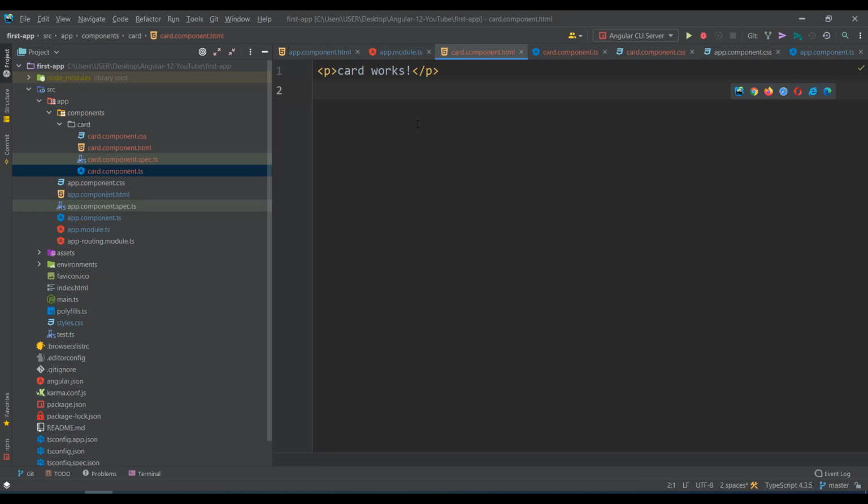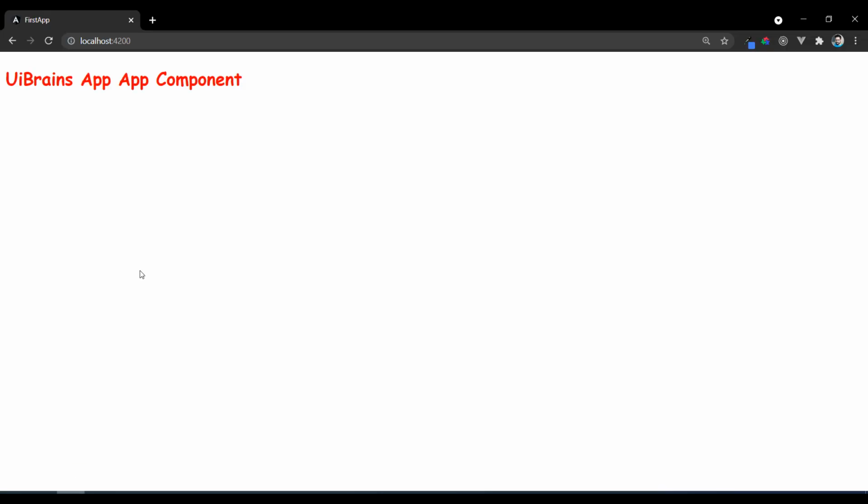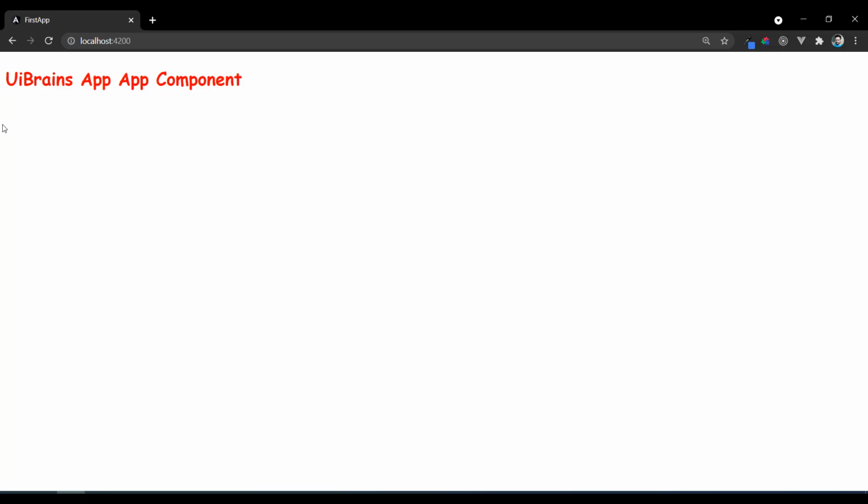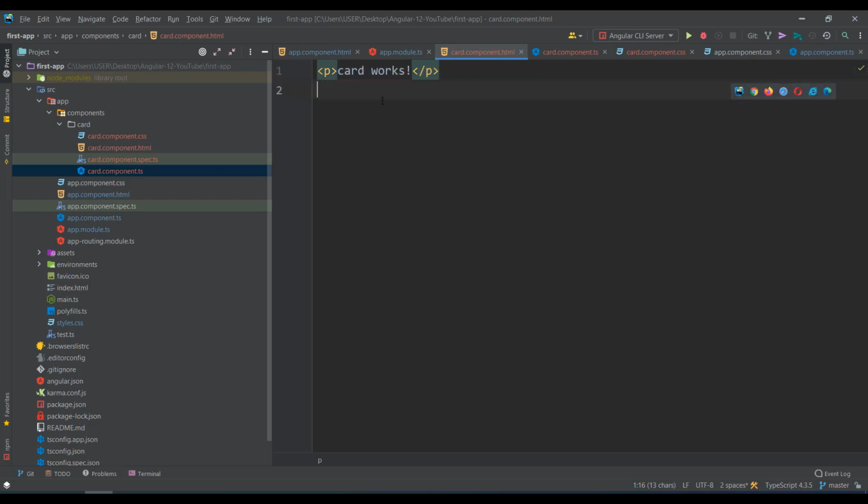Now the story is I have created a component called card, and this card has the content card works. When I go back to my browser, there is nothing displayed, not even card works. Why is it not there? Of course, you created a card component, but this card component has not been configured with the app component.